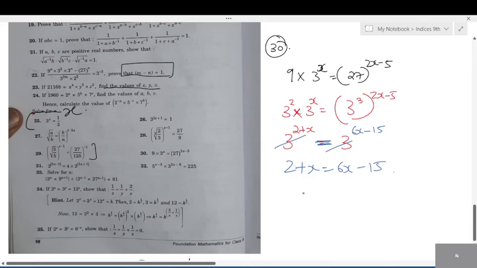Okay. So 2 plus 15 is equal to 6x plus 6. 2 plus 15 is, sorry, 6x minus. So 2 plus 15, 17. x is equal to,